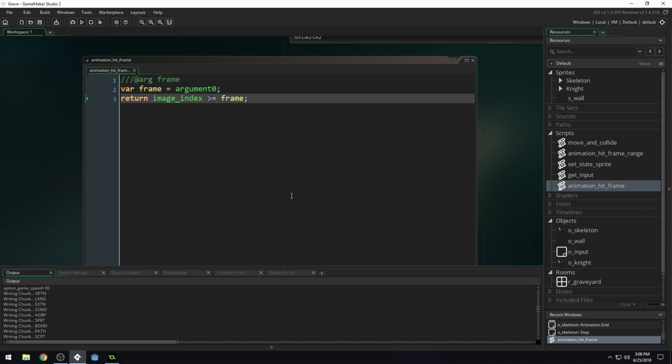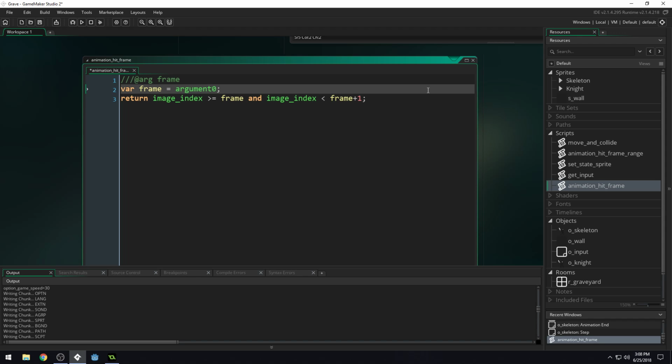We can't use greater than or equal to frame. We also can't do and image index is less than frame plus 1, because we're still going to have 2 or 3 frames inside of frame 6 where it's going to return true, right? Well,